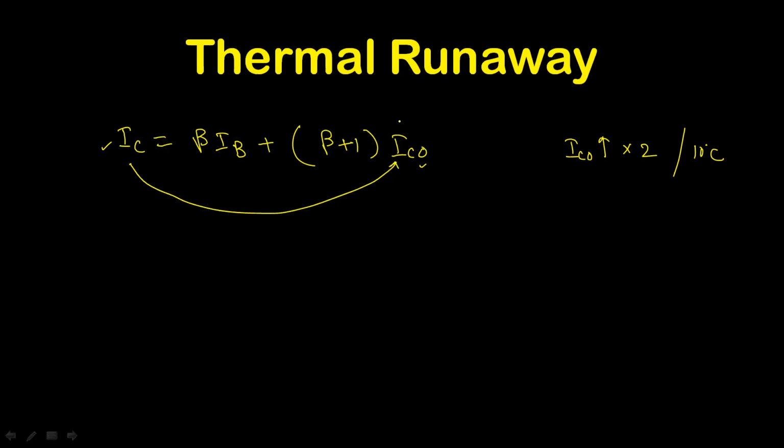Okay, so we have two effects here. First, due to temperature, the leakage current value increases. As a result, there is an overall increase in collector current. Due to enhanced collector current, the junction temperature again increases, and that further increases the value of collector current. So this is just a recycling loop or regenerative loop. It's just like a positive feedback, you can say.